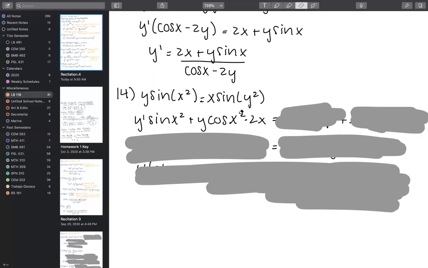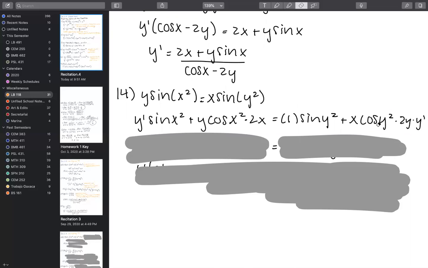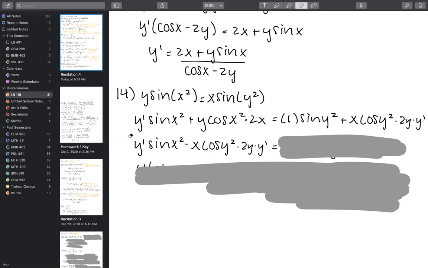There's not really much more explanation at this point because we've gone over the chain rule in depth, but it's the derivative of the first times the second plus the first times the derivative of the second, which has two aspects because the innermost aspect of the function is also a function with its own independent rate of change. And then we get the derivative of the first times the second plus the first times the derivative of the second, which has the chain rule and implicit differentiation in it. So then we're going to isolate all of our y primes on the left and all of our non-y prime terms on the right.